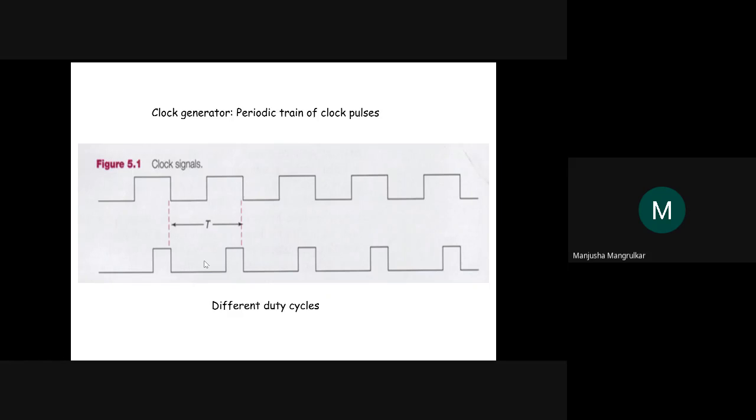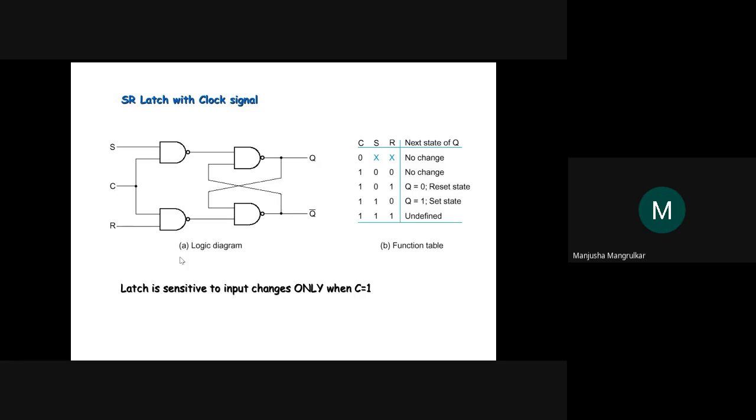So this is the clock cycle. Now where are we going to use these clock signals? A flip-flop works with the clock, while a latch works without a clock. That's the difference between a flip-flop and a latch, as we have seen in earlier lectures. Now we'll see one example of a flip-flop. We know there are four types of flip-flop: SR, JK, T, and D. We'll see one example of an SR latch with clock signal, which is an SR flip-flop.